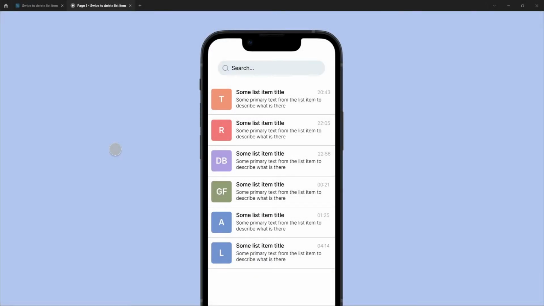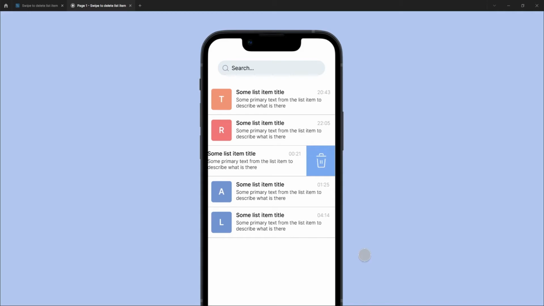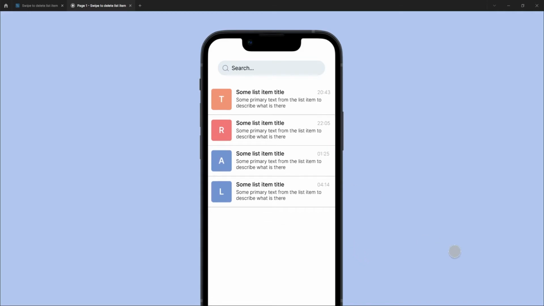Hi guys, today in this tutorial we are going to build a list item, as you see here, kind of like email items or any list that you want to do. It doesn't really matter. I can either drag it to the right and I see this animated icon. I can drag it to the left and see this animated icon, and I'm tapping on it to delete this list item. So let's see how beautiful it works, and that is an interactive component.